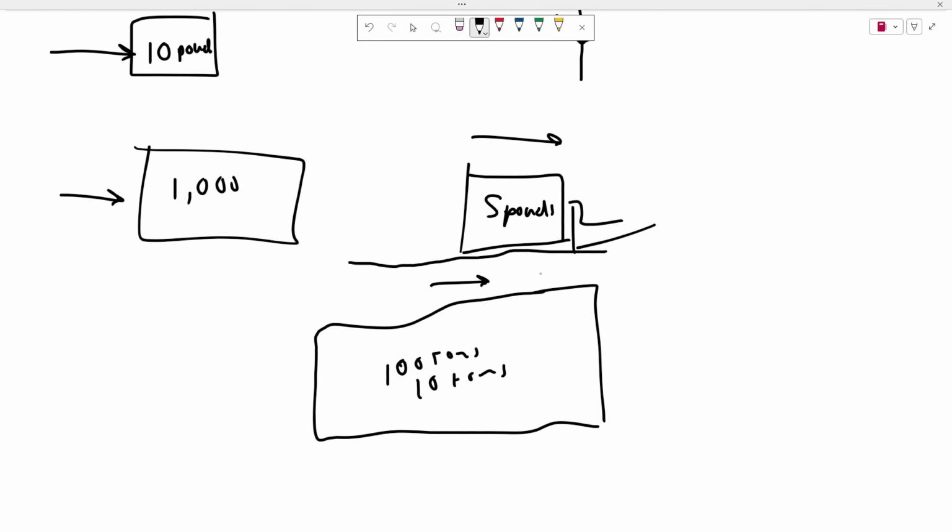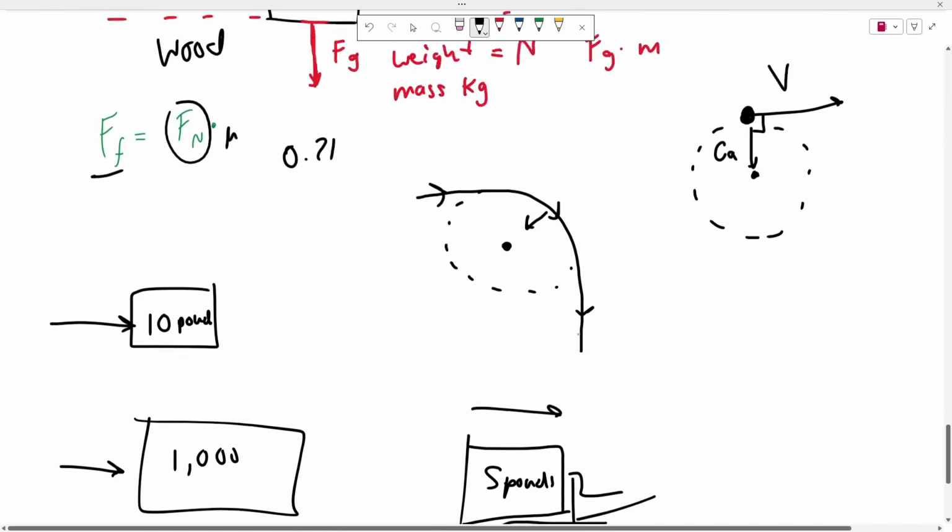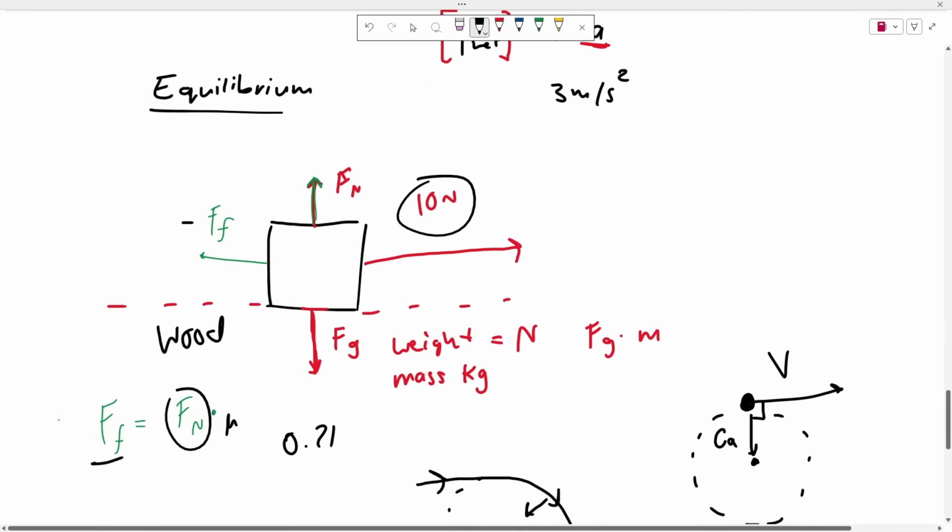So that's Newton's first law, essentially. Objects that are in motion tend to stay in motion. Objects that are at rest tend to stay at rest. And we use inertia to describe that. Okay, so let's look back at this diagram right here. It's what we call free body diagrams. We already talked about when it's on a leveled surface. I just want to talk about whenever it's at an